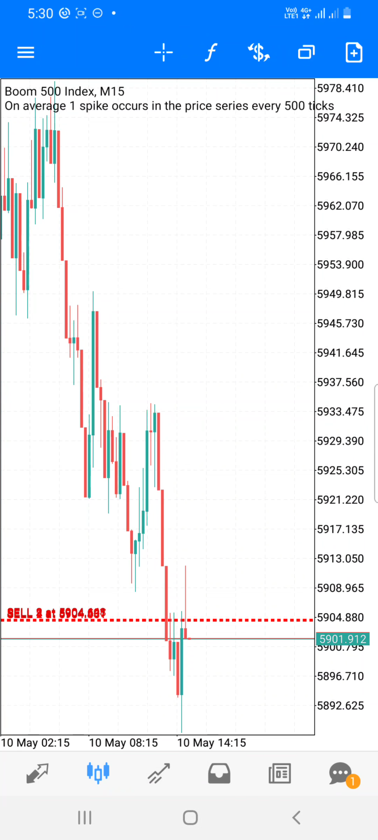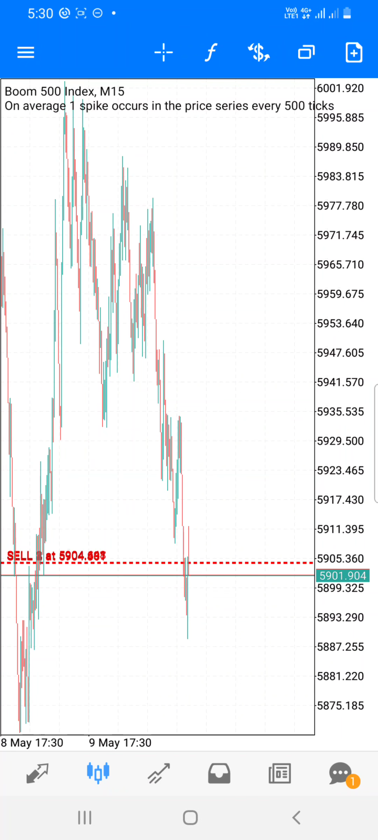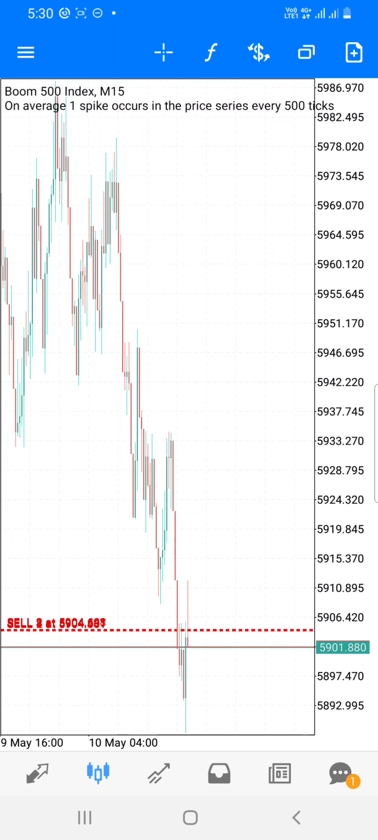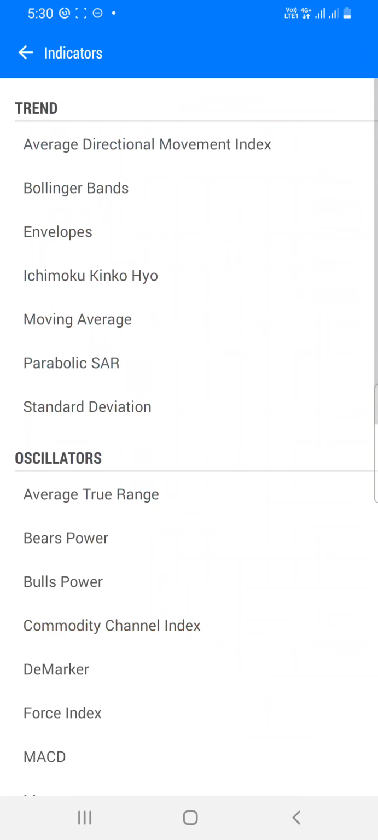But guys, in case you don't really understand how naked charts work, you don't understand this simple analysis I just gave, it's so easy. Don't worry. You don't have to stress yourself. Just come here. Go to your indicators. If you don't like naked charts, you don't understand naked charts,